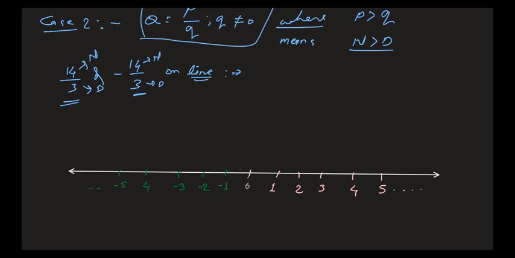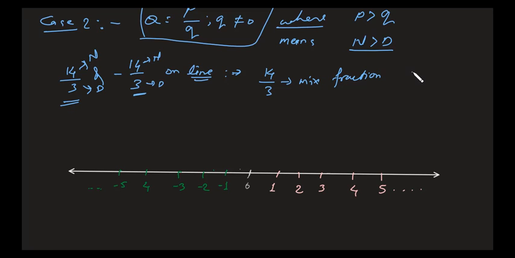So here the denominator is less than the numerator. So in this case, what are we doing? First, this 14 by 3 is a fraction. So this fraction we must convert into the form of a mixed fraction. Okay, mixed fraction. So how do we convert this 14 by 3 into a mixed fraction? By just the simple division method.